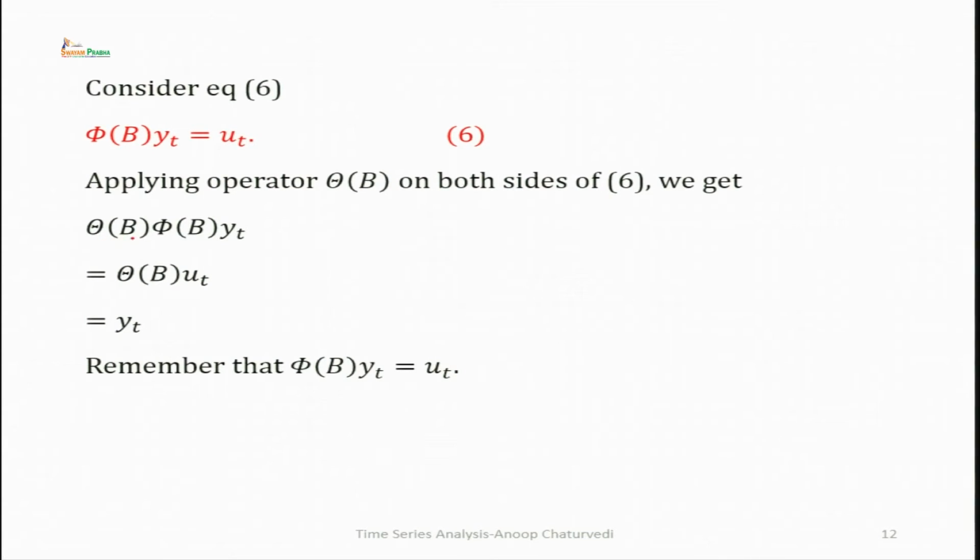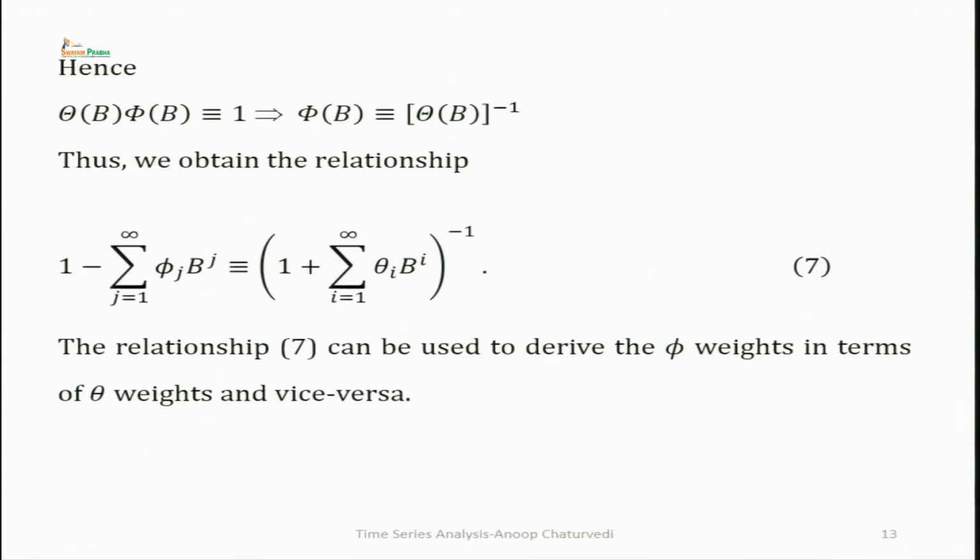So, theta B phi B y t is equal to y t. So, from here you can write theta B phi B equivalent to 1, or phi B is equivalent to theta B inverse, or theta B is equivalent to phi B inverse,